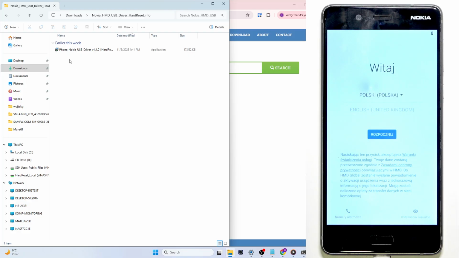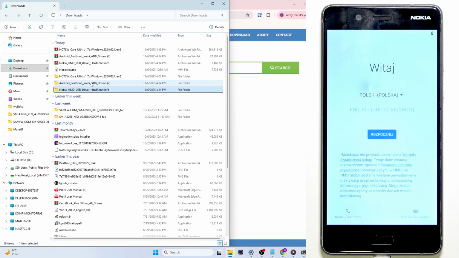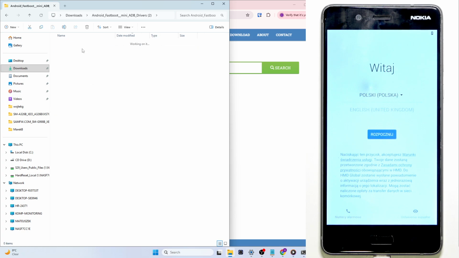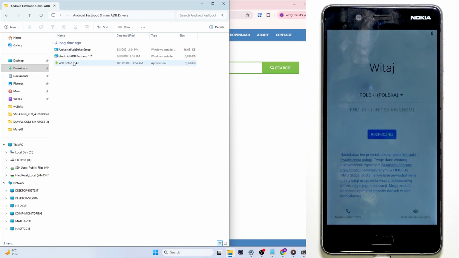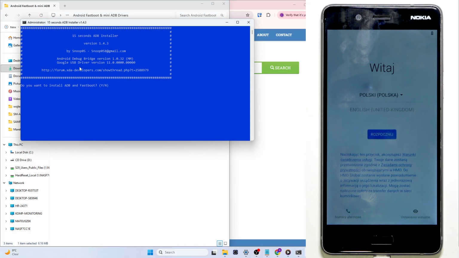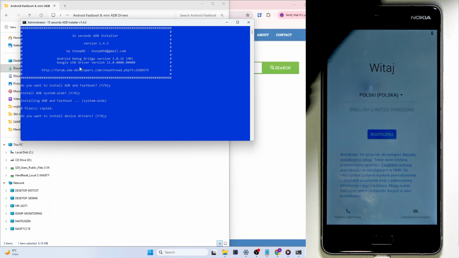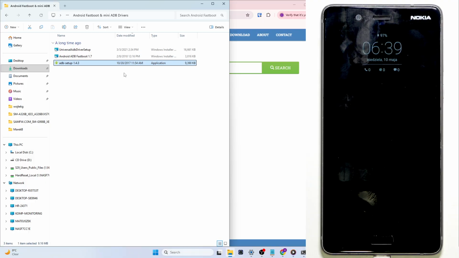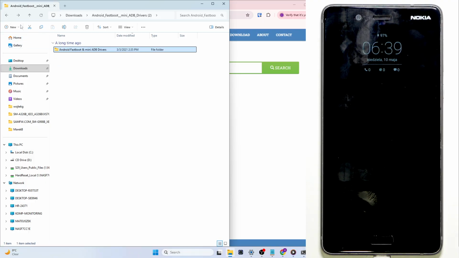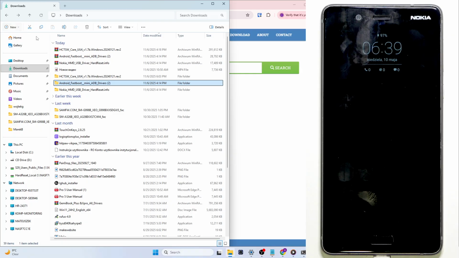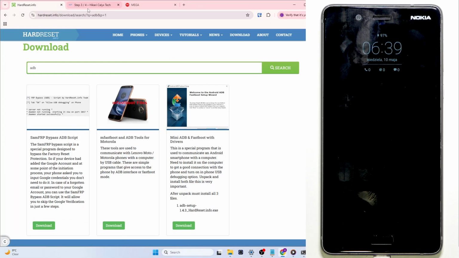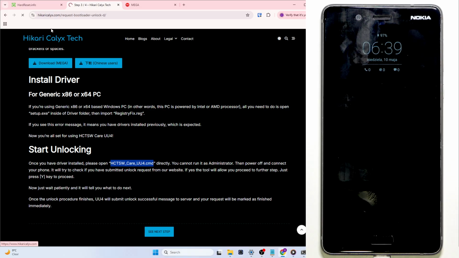Now go to Nokia drivers, open the file and install it. Later on go to Android fastboot, go to that. There's 3 files. These 2 are installed normally by just clicking on next. This one is a little bit different. Just open it, click on Y, enter, wait a moment, then click on Y and enter, and it's done. It's gonna close itself. So now once all of these are installed, I would recommend that you restart your computer, and then you can go to this website,